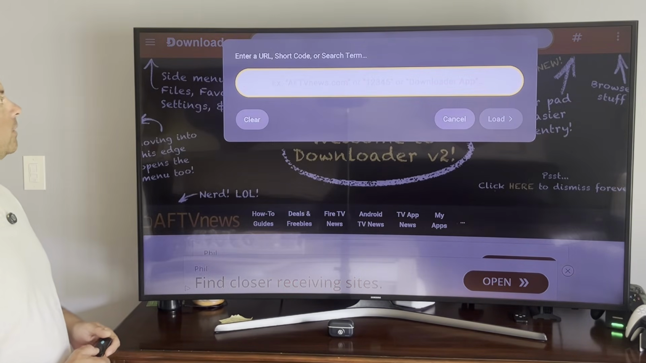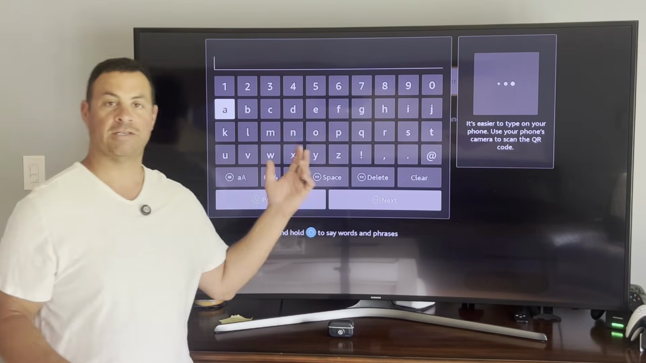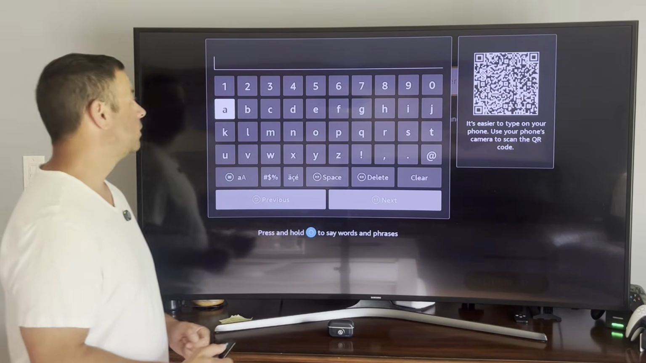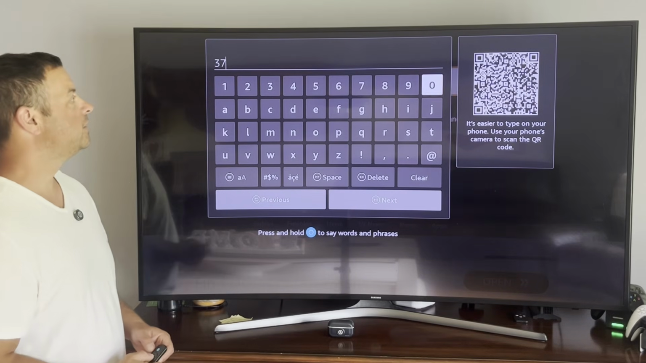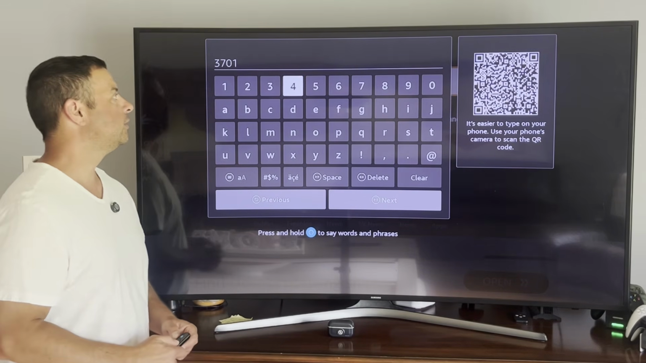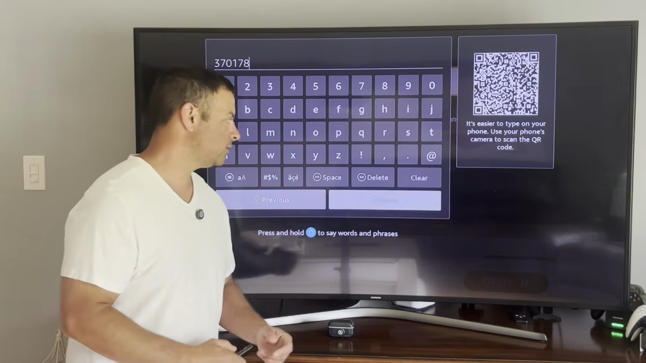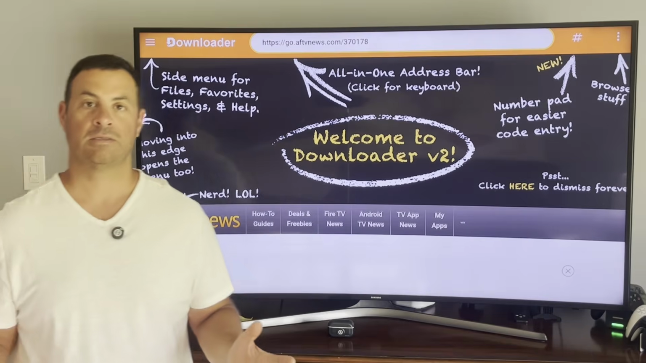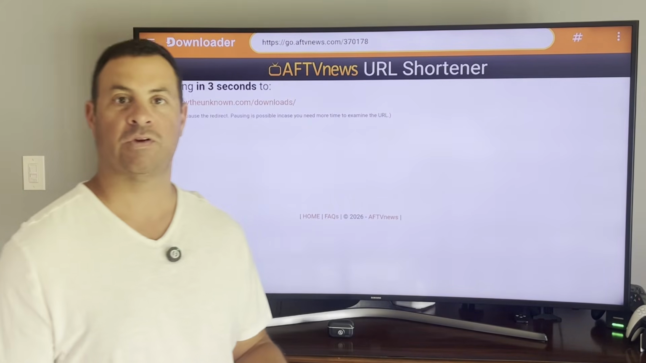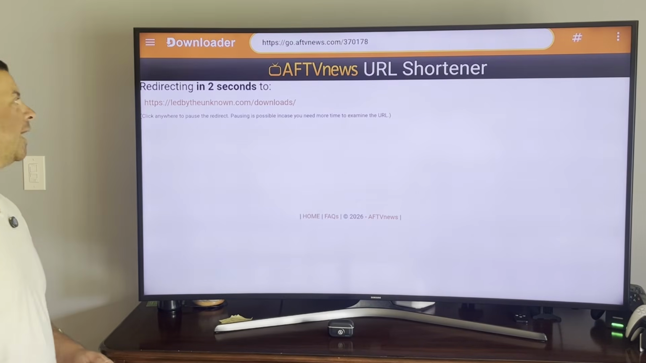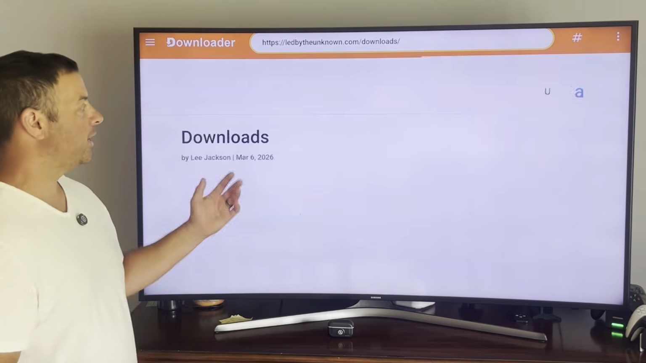Give it a moment. And it brings up a keyboard. Now on this keyboard, this is the short code. 3, 7, 0, 1, 7, 8. And then we'll hit next. And this will redirect the short code straight to the Led by the Unknown's webpage for the download section for our new app store. Once the redirect is completed and the page is loaded,